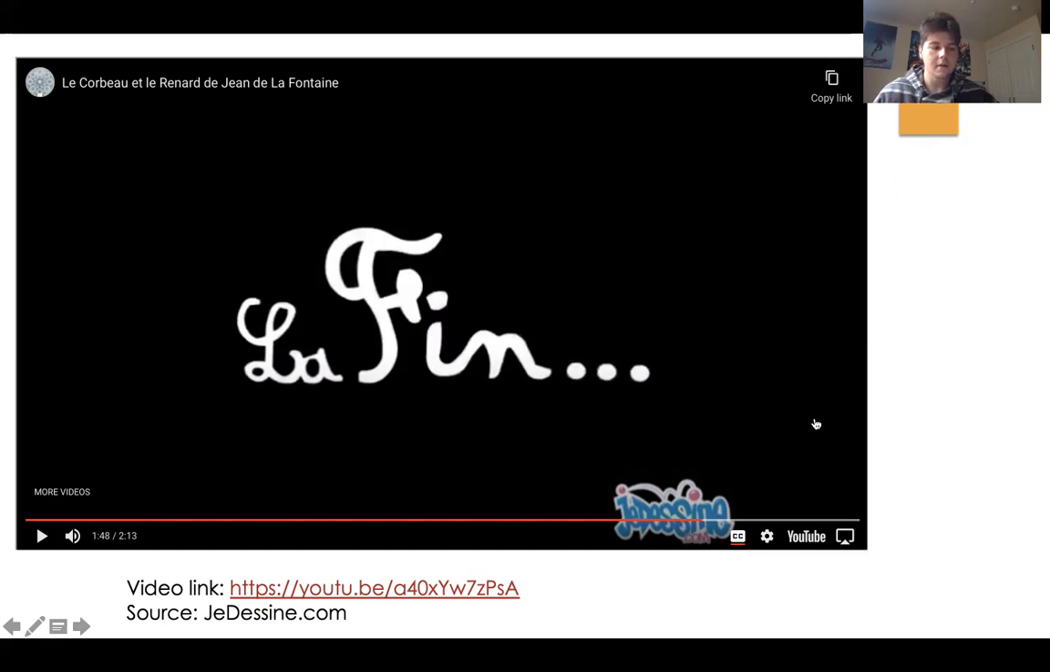So the raven or crow wanted to prove himself or talk about it. So he opened his beak and dropped the cheese, and the fox took it and had a meal and he ate. So the whole idea of it is, again,